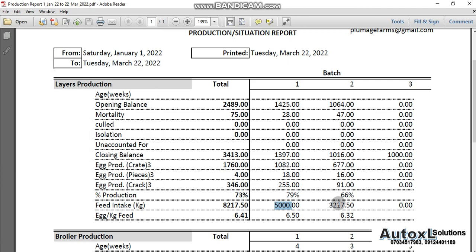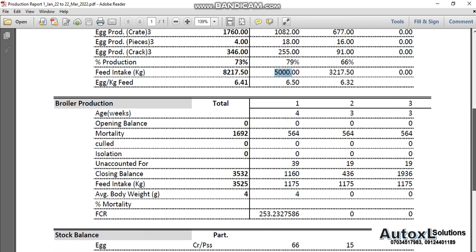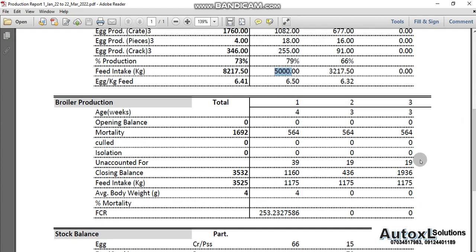The same thing applies to this one. The feed efficiency, which is eggs per kg of feed, is telling us this batch is giving us 6.5 eggs per kg of feed they eat. This one is giving us 6.32 eggs per kg of feed they eat. Let's go to broiler. Now, unlike the first one, broiler